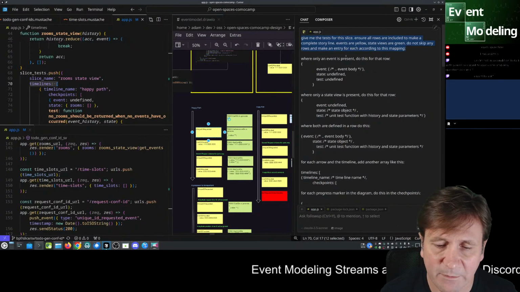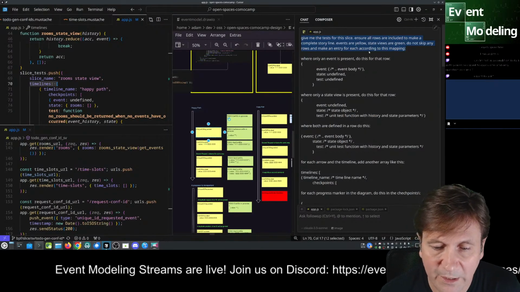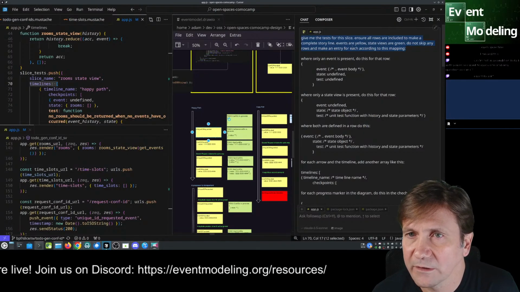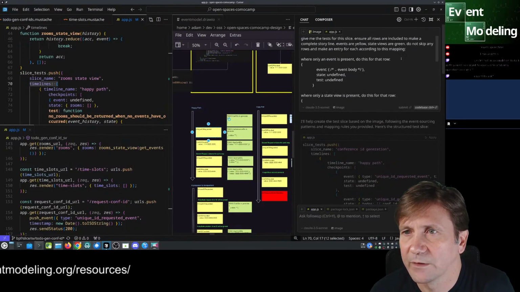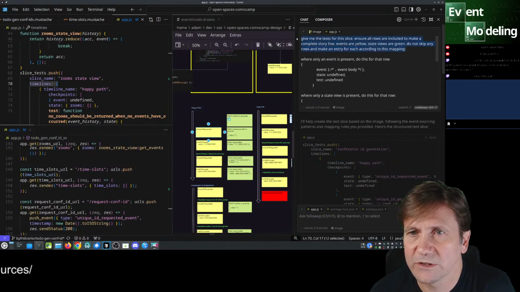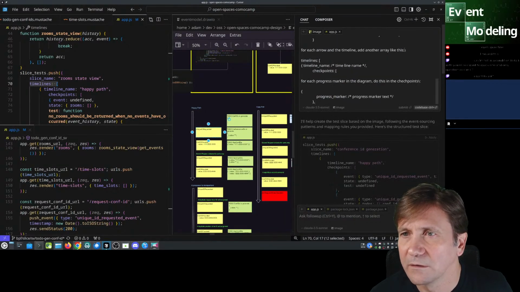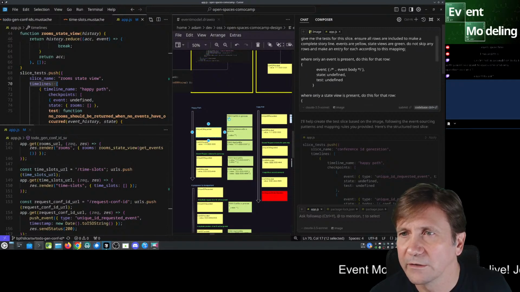And maybe that's it. Maybe if I just took away the state view code and say generate the code and test for this, it might do it, right? So we'll try it as well. But for now, I just want to get some JSON from this. Come on.